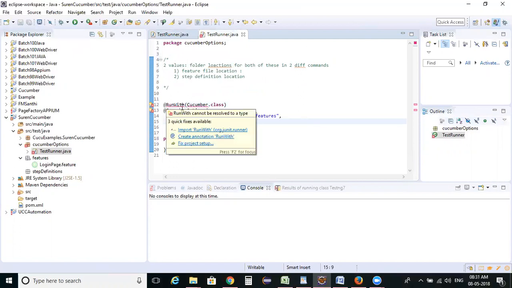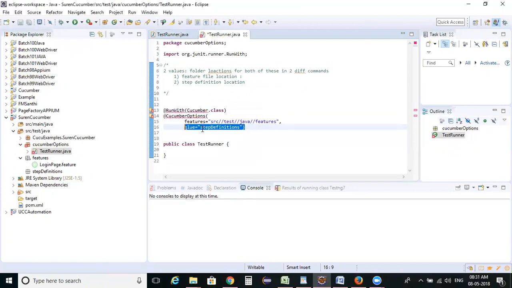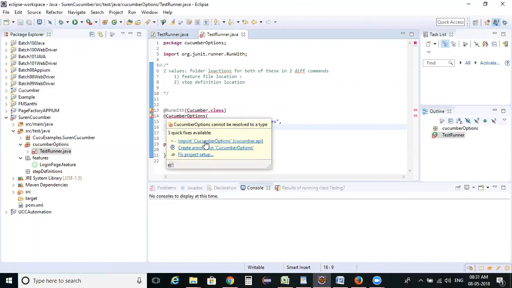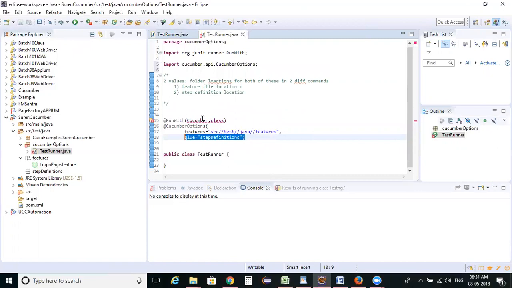Let me mouse over RunWith and import the JUnit runner here. One small thing to remember is that we are using JUnit plus Cucumber here. Then let me mouse over the CucumberOptions and import it into the current class.